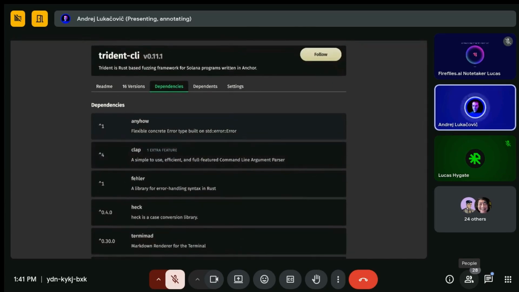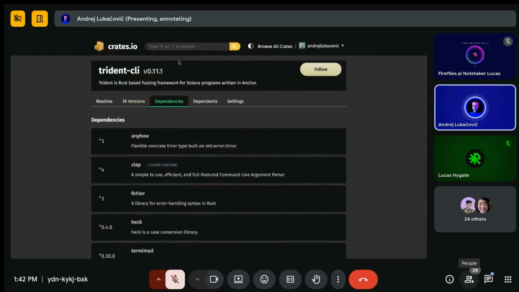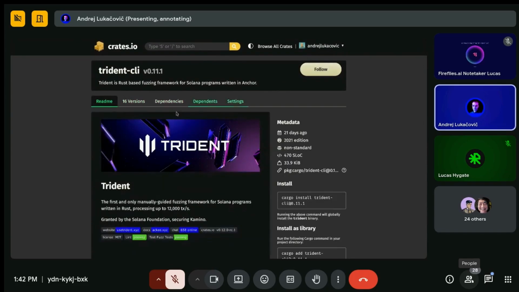Also for the Solana crates, and you can evaluate based on that if the crates are compatible or not. So this might be helpful. All right, let me skip to the